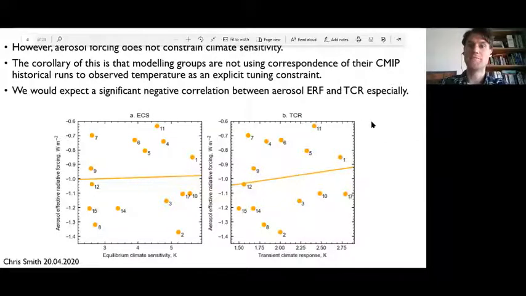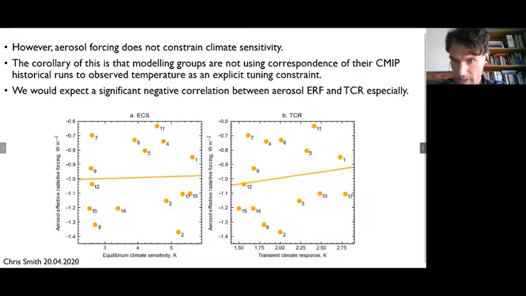but if you look at certain models' historical temperature reconstructions, so CAN-ESM, which is model number 1 here, has a moderately low aerosol forcing and a very high TCR and ECS. And their historical temperatures are hitting about 1.4, 1.5 degrees, which is higher than observations. So that's one example of a model that's clearly not using historical temperature as a constraint for their CMIP runs.